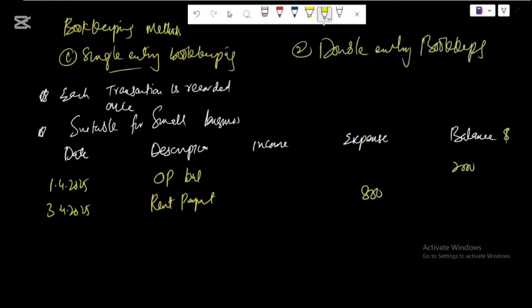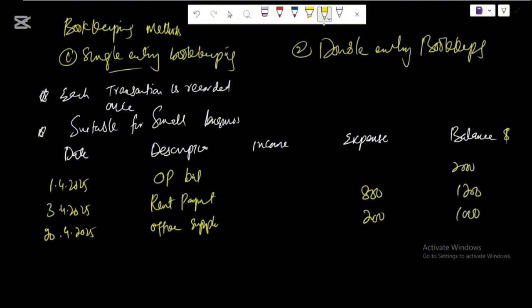Let's say the amount is 800. So the balance will be, if you deduct the 800 from the 2000, then it will be 1200. Now again, the transaction happened, let's say, on 20th, for 2025, and this is, let's say, office supplies, and the transaction is again an expense, and this will reduce this amount